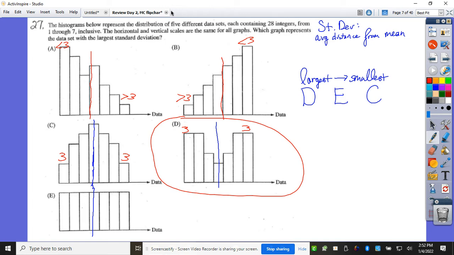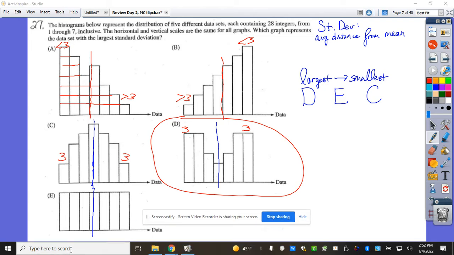But I do want to show you a very long, but possible, method, just so that you can get perspective of a different way to do these problems. So with A, if I drew the lines in, because it'll draw it to scale like this with these problems, it looks like I have 1 seven, 2 sixes, 3 fives, 5 fours, 4 threes, and so forth, right? So if I all of a sudden got to the end of the test, and this is one of the only problems I had left, and I have time, I could